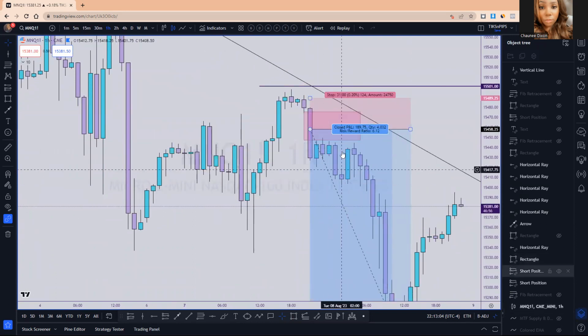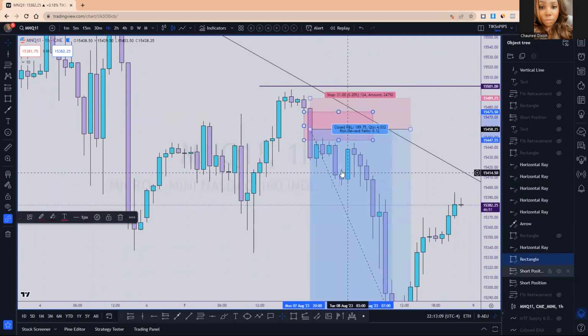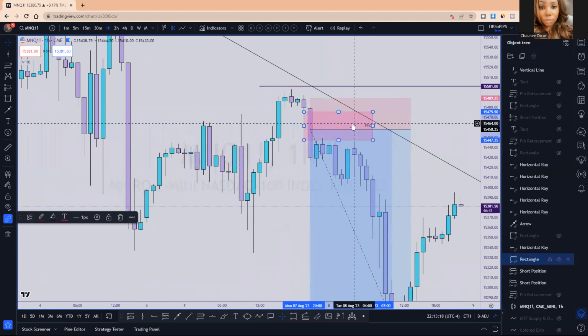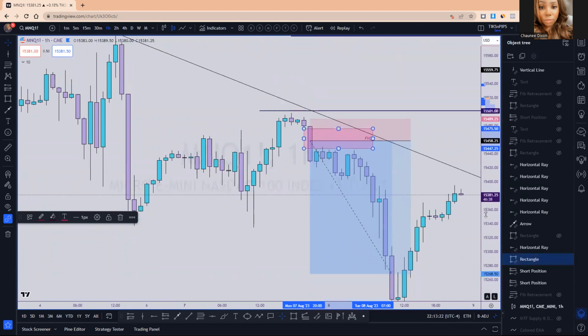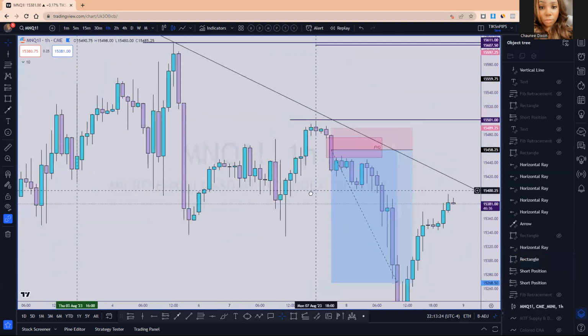So what I wanted it to do was actually to come into the fair value gap for an entry, but it tapped it. It had already tapped it when I found this. So I was like, oh, this is not good enough. I had put that in the call out too. I wanted to come back into it, and it didn't. It did not tap me in at London. So when I got up for New York,